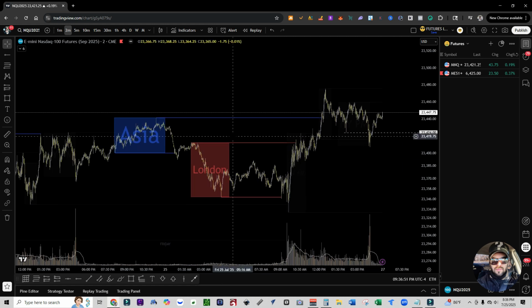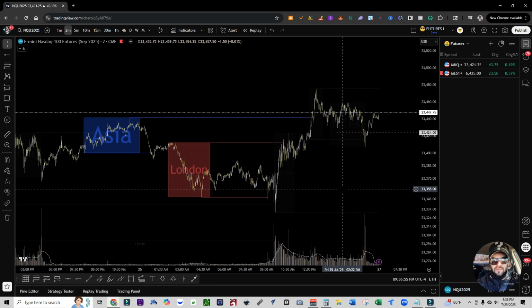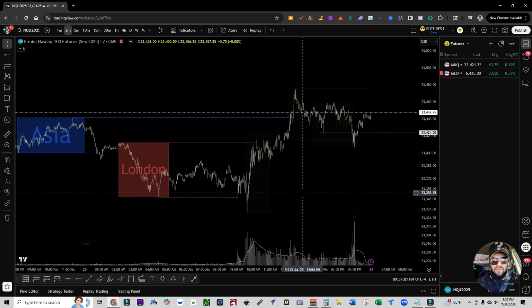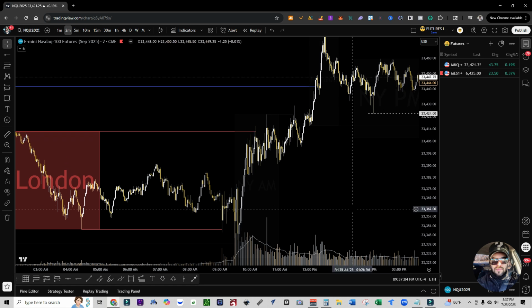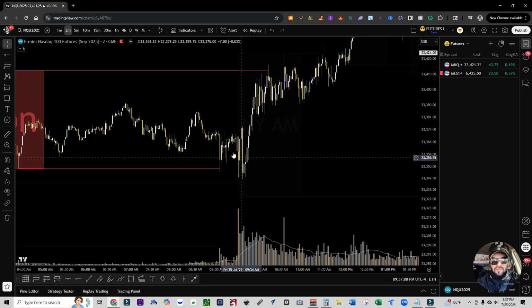This is a really important indicator for the IFVG strategy if you trade it, because you want to have the London and Asia highs and lows mapped out for you,